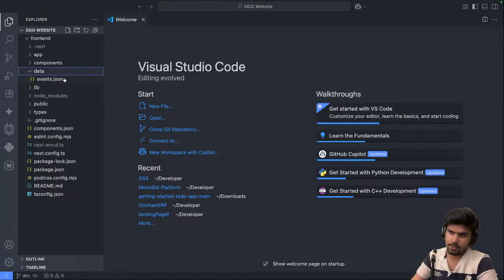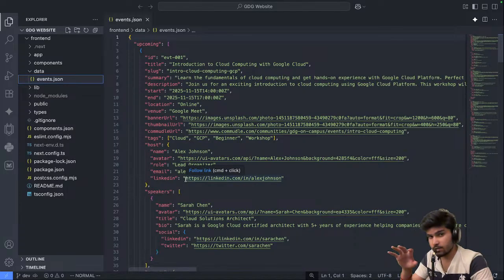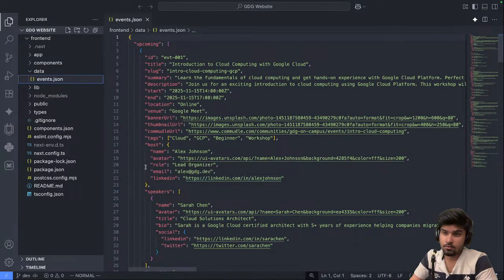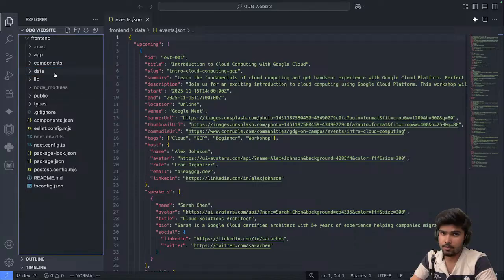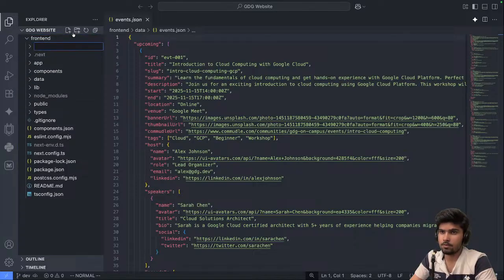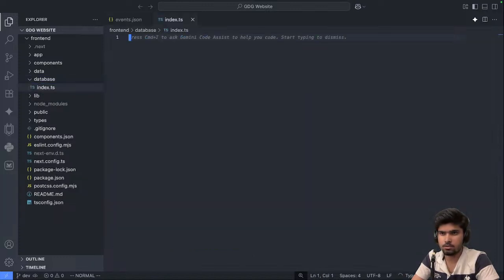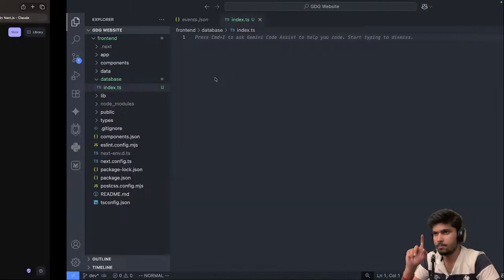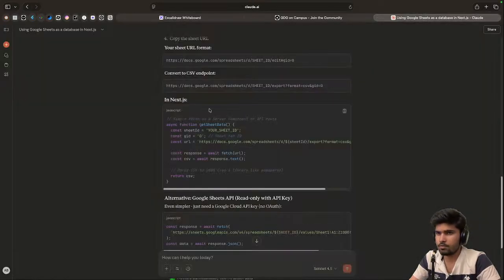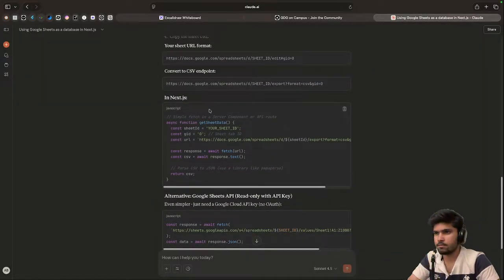Okay, so from where is the data coming, right? Right now we have this JSON format. So first of all, we have to make an API. We have to make a folder. This is going to be the database. In this we will have index.ts, right? And we are going to make the call. So here what they send us is a simple fetch in a server component or API route. Okay, so first of all we have to create a function